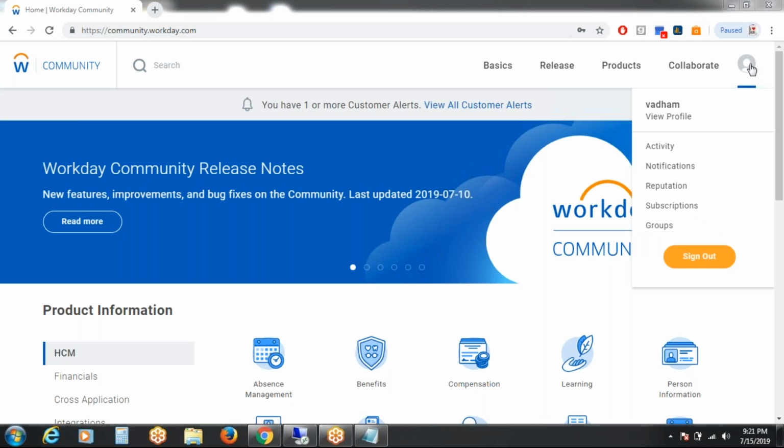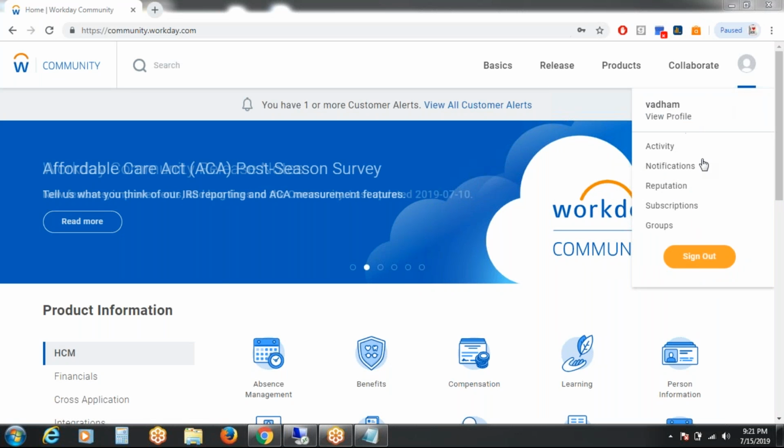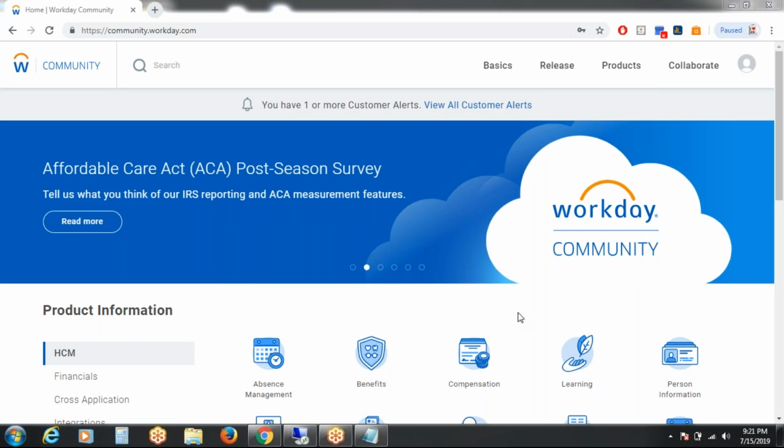See, this is how our community access will look. This is my ID, V Adam. Community is nothing but whatever you want, you search here and you will get the answers here.